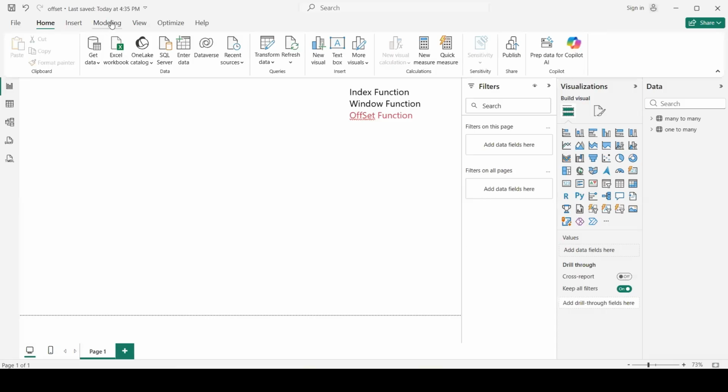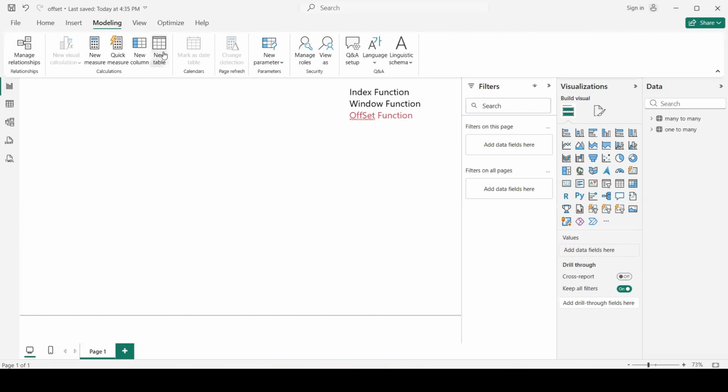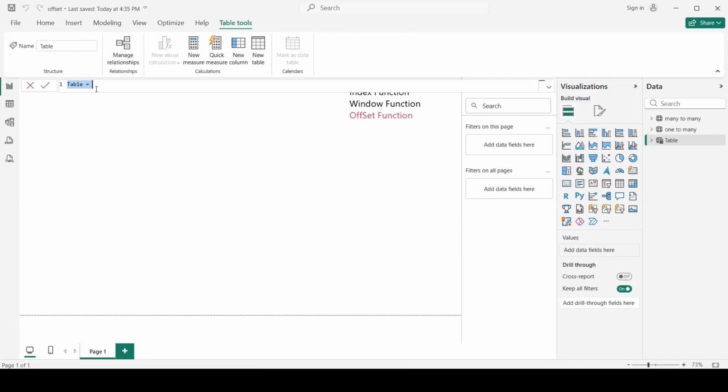First of all, we go in modeling, we build a new table, and we'll call it offset. So we say the name of the table, offset, and then we just use the function offset.